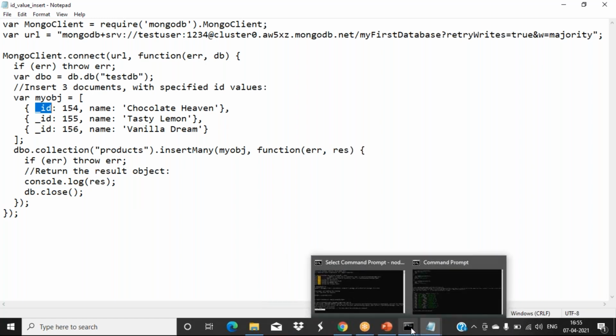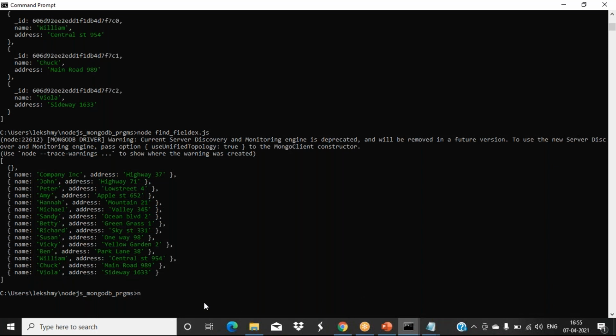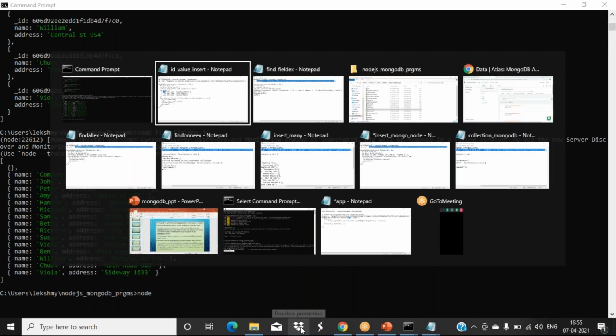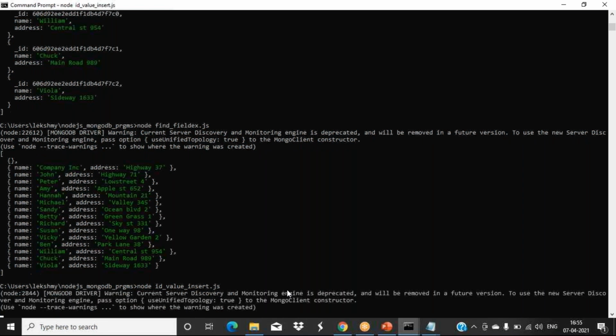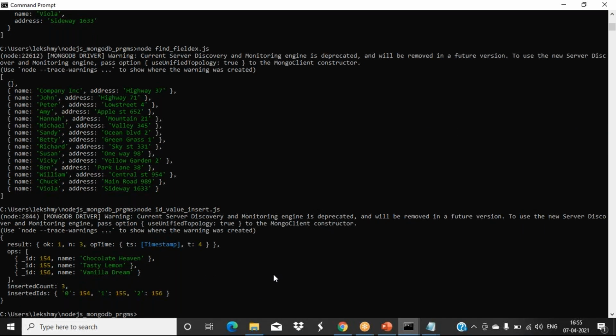We'll view it. We are displaying those values also, so it is showing the inserted IDs, everything it is showing for you.